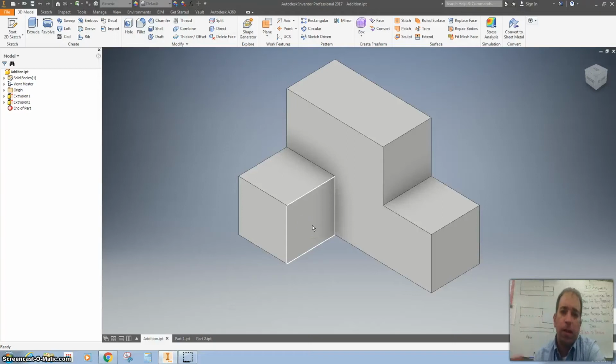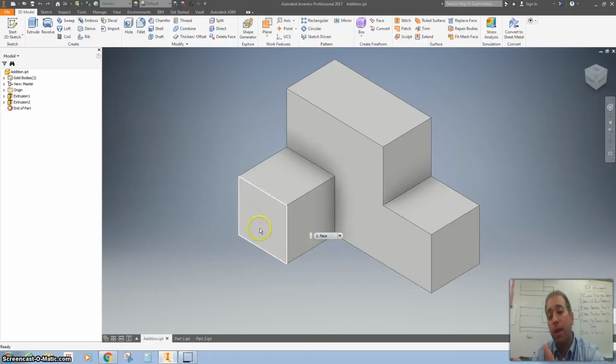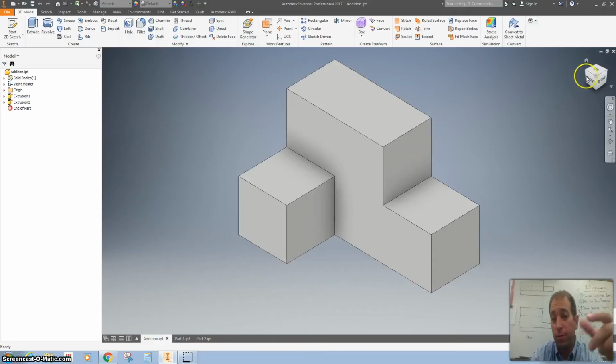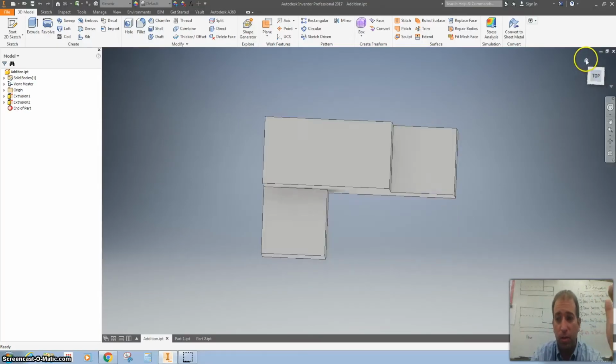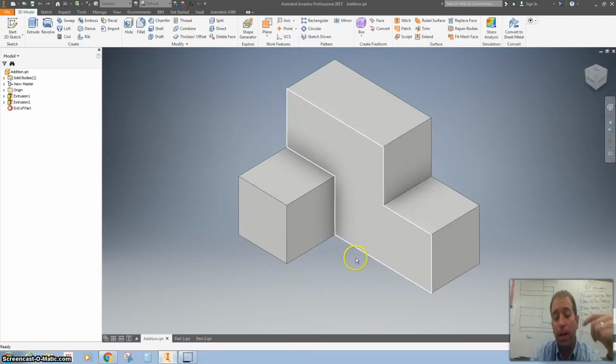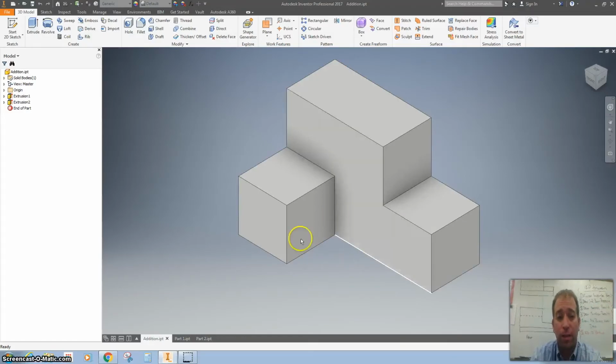Hi everybody. Now that you've got your additive part 1, 2, 3, and 4 done on Inventor, and you've been paying attention and doing your isometrics and your multi-views of these, and maybe you've even been using your computer to help you visualize it and turn it. That's all great. Now I'm going to teach you how to take these drawings and do the multi-view and the